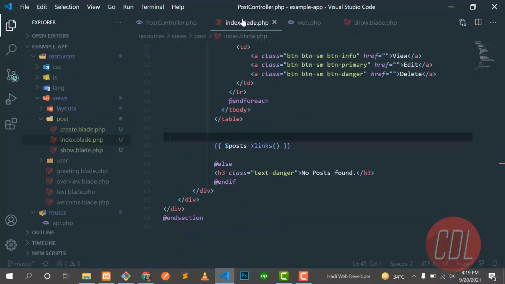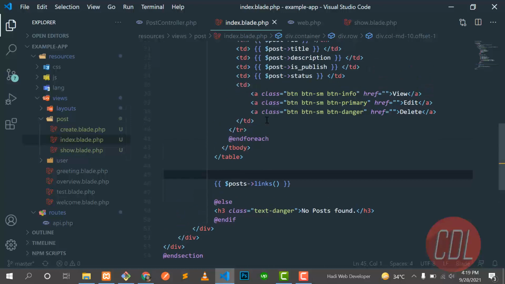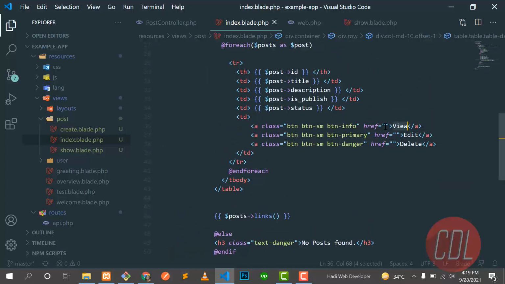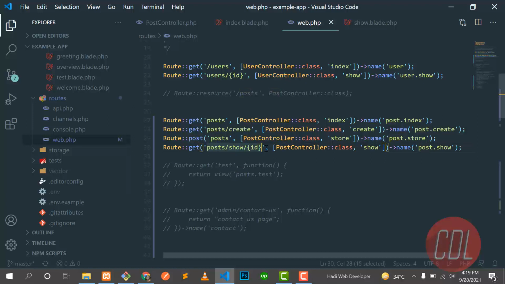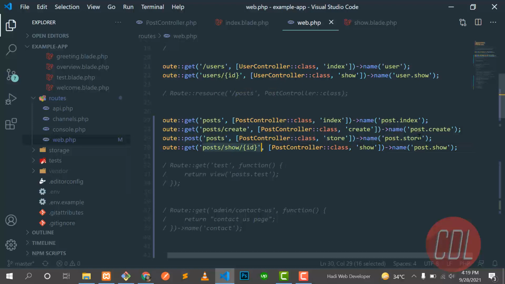So let's go to the index page, and where is the view method? Here is the view method. So when I click on this view, it will go to this route, right? And I named this post.show. I told you that there are two methods: the first one is url and the other one is route. These two require this id.